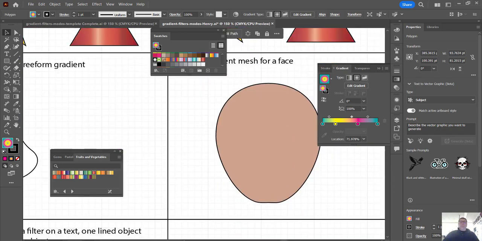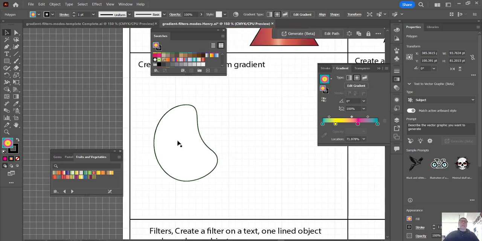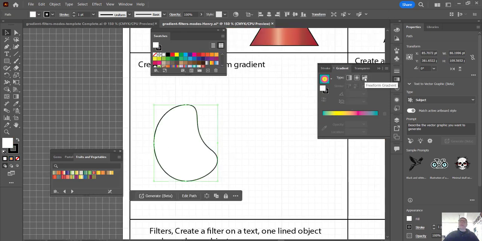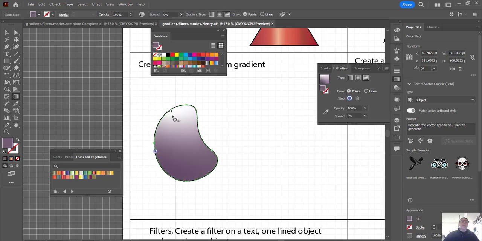Next one, we're going to use the free form gradient. So I'm going to click on here, and I'm going to be in the panel, and I got to click on this. And so right away it puts in 2 colors. I'm going to grab the darker color, and I'm going to put it over here, and I'm going to grab the lighter color, and I'm going to put it just in this corner. You can increase the size by going on the edge,